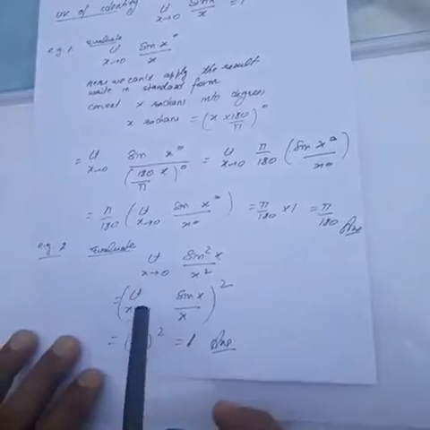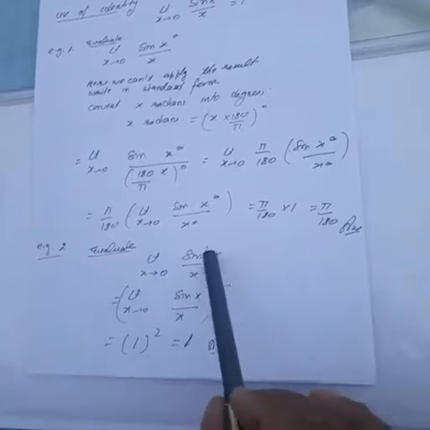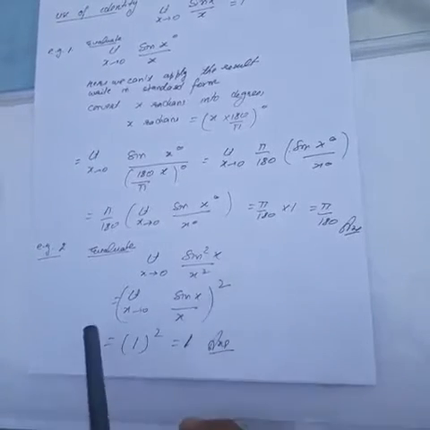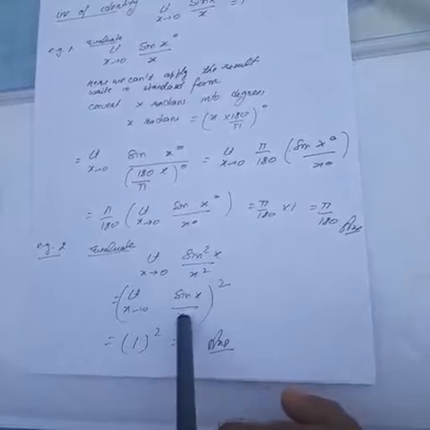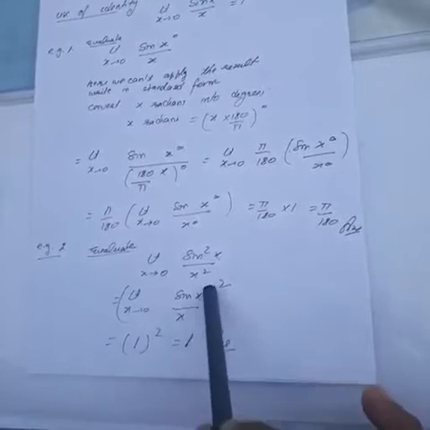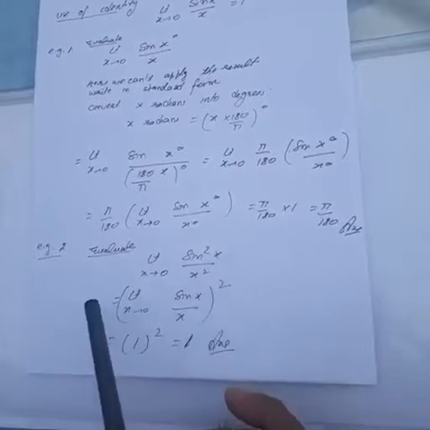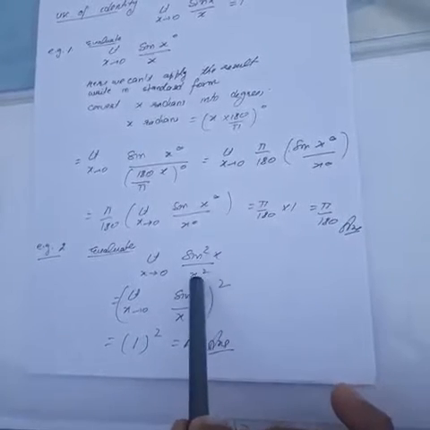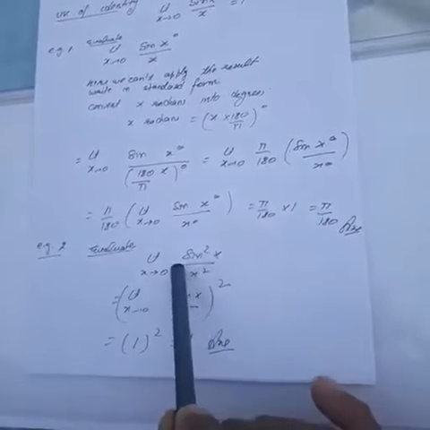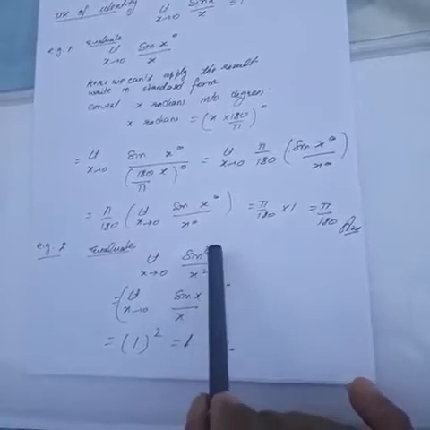Similarly, consider another example to understand the application of this formula. Limit x tends to 0 sin square x upon x square. This function can be written like this: sin x upon x when limit x tends to 0, whole square. Now this is a standard form and this is equal to 1. So it is equal to 1. So we can directly apply the formula here. If it is sin square x, then we must have x square here. If we have sin square 2x, then we must have 2x whole square here. So I hope it is clear to you.